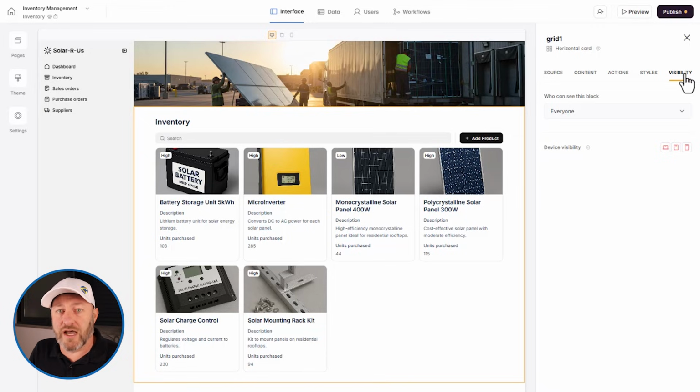Softr has now launched a vibe coding block. The vibe coding block allows us to chat with an AI and generate custom code to display the data we want to display in unique ways that we could not do before. This is really helpful anytime you need to display information that does not fit one of your more custom Softr